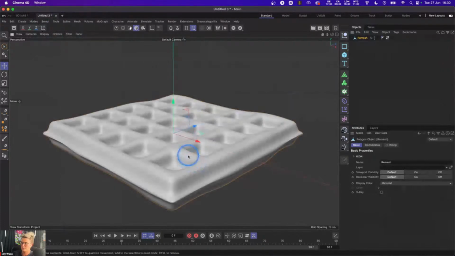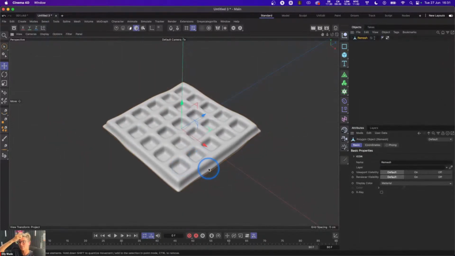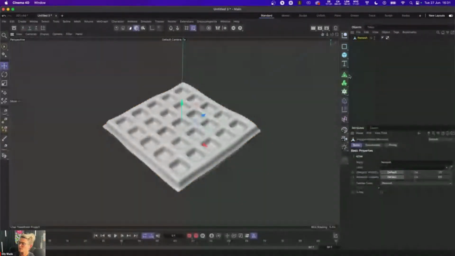And this is what we have. And the reason for this is I do actually want to UV unwrap this, or I want to auto unwrap it. And the reason I want to auto unwrap it is because even though I'm going to be doing procedural texturing on this, when you work with things like Maxon noises,